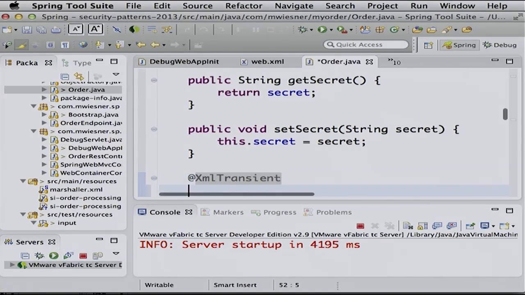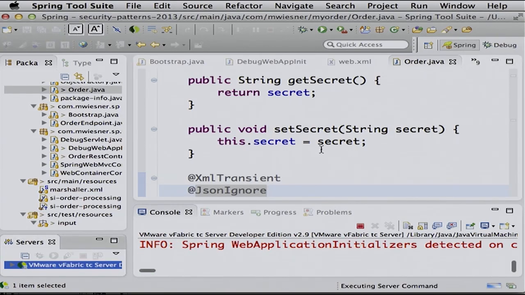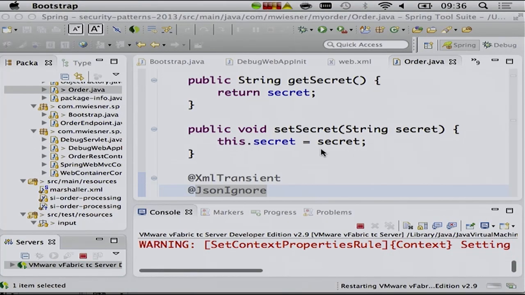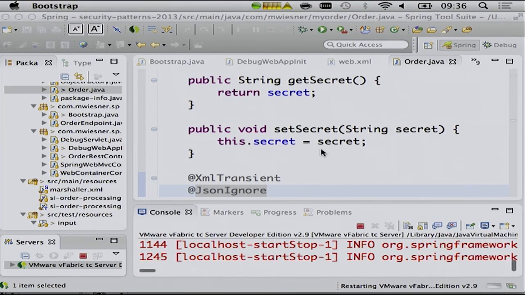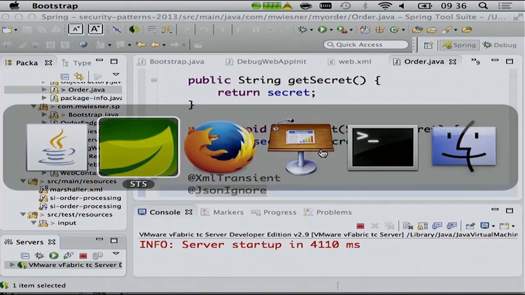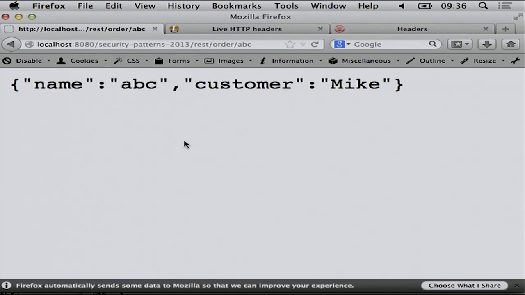So therefore, that might be an interesting one. What you need to do now is use JSON ignore, and it works. But you probably don't want to do that with any format you support, right? Because those were just two examples, XML and JSON. If you had your own converter, like protocol buffers or whatever, we have the same problem again. It's one of these Spring MVC features that by default, if you don't specify it, it will convert it into anything which is convertible. So if the browser says, I want to have it as whatever, and it is convertible into that whatever, Spring MVC will do it for you, just for your convenience.